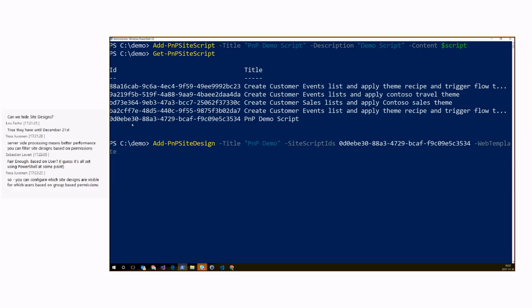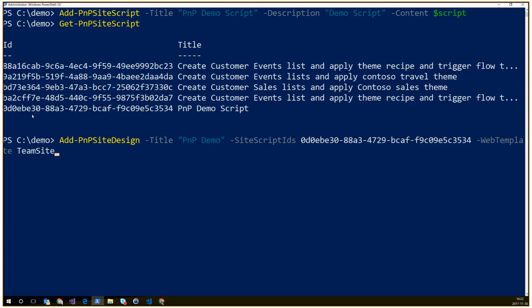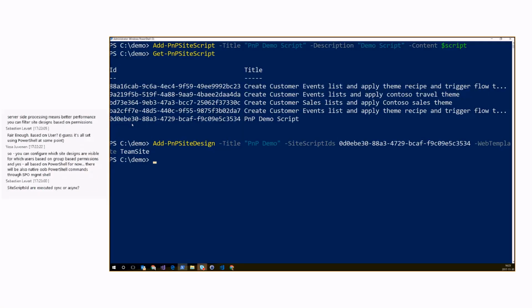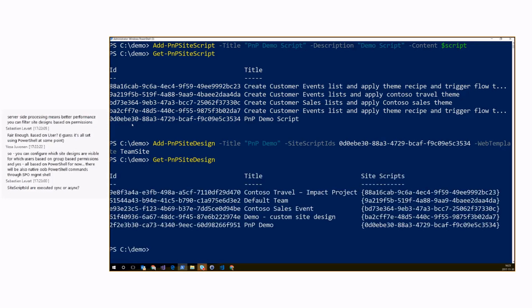And then the web template. And there you specify communication site or team site. So basically what I'm telling now is that, okay, this site design should only show when I create a team site. So press enter. And that's all there is to it. Now my site design has been created in my tenant. If I do get PnP site design, there you will see the site design with my site script associated to it. So if I navigate back to the browser